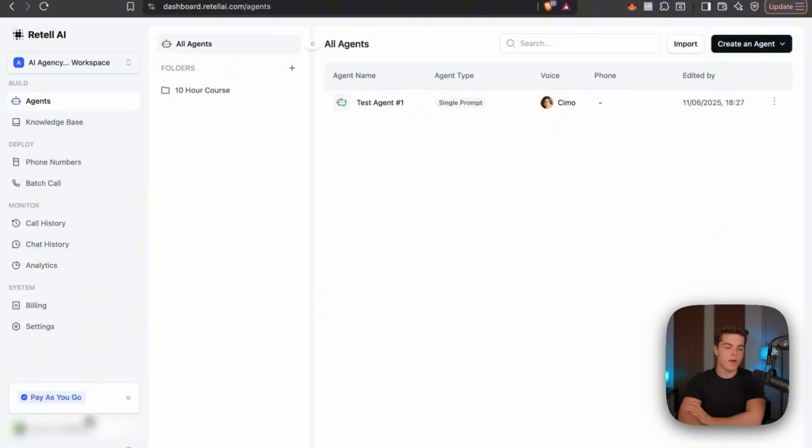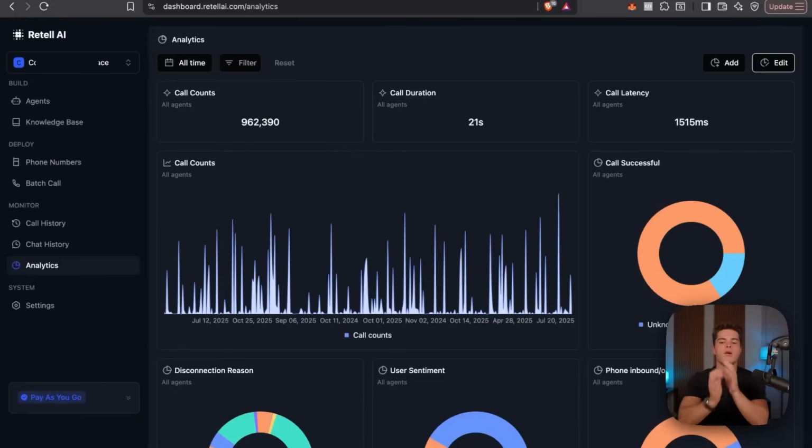And even just for you guys that are maybe a little bit skeptical, like, hey, does this really work? Is this AI caller actually legit, or can it really convert? I'll show you guys a couple client accounts of mine real quick so you understand the volume of what you can do at a high scale and even at a normal scale. So this is one client account of mine. What I like about Retell as well is you can see all the analytics, so we can see everything at a super easy glance. Currently